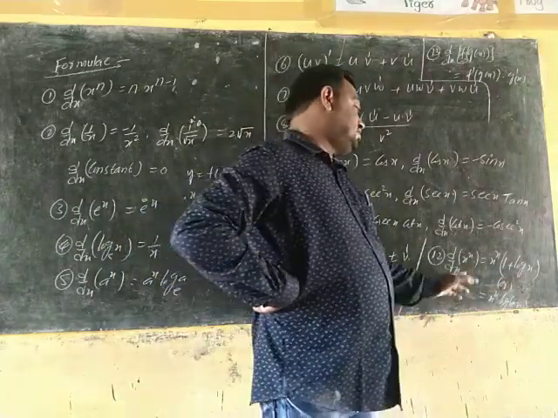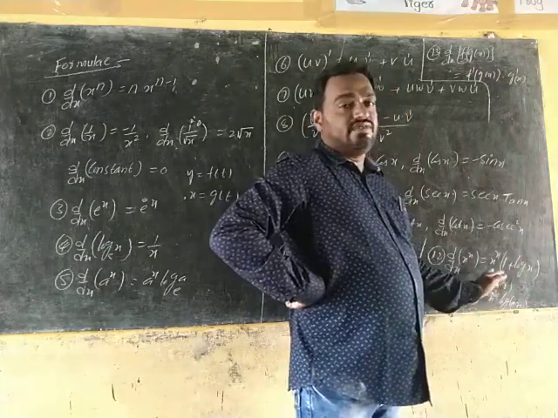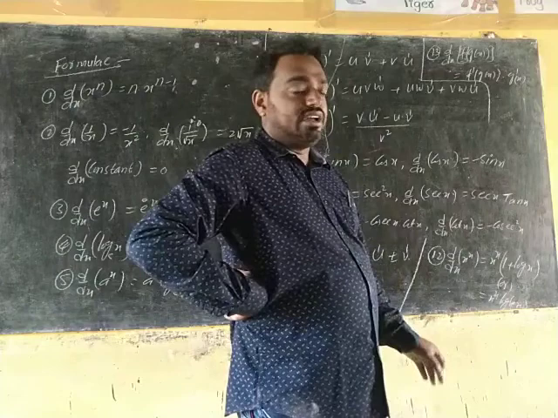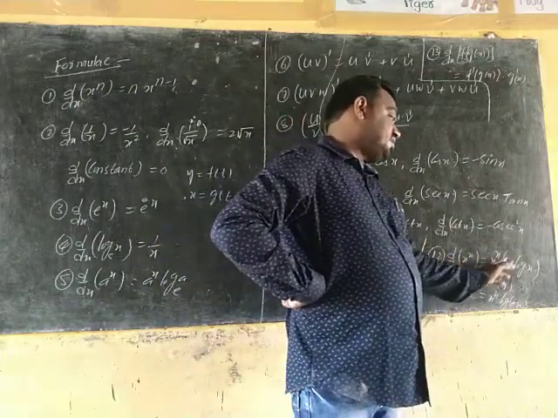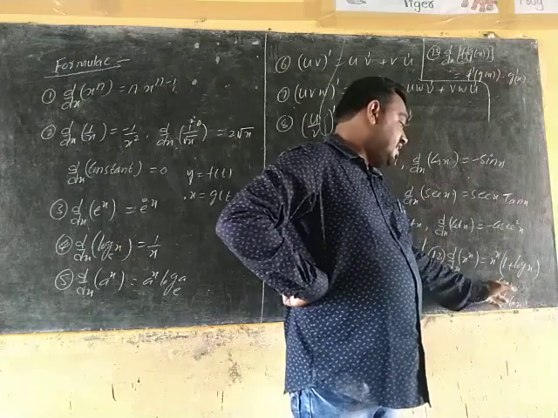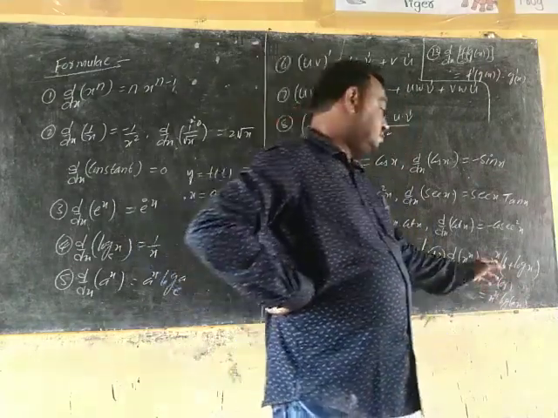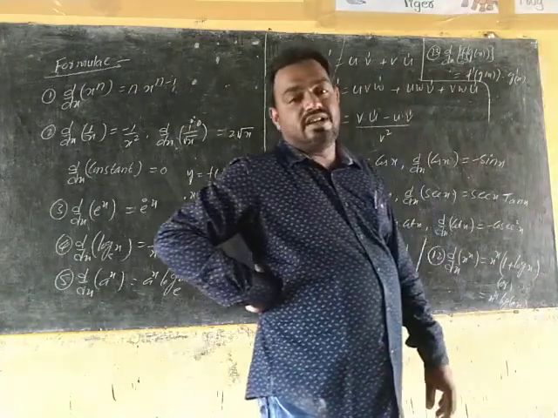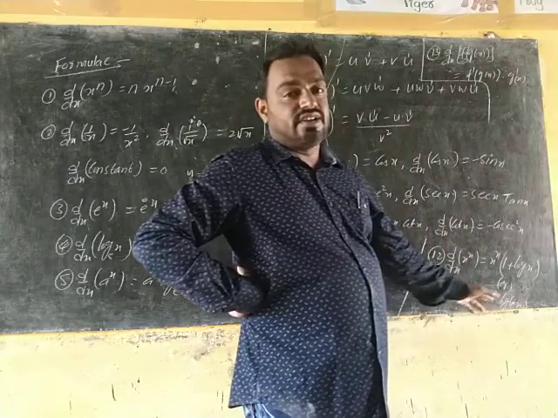From that x power of x solution, I have written this one as a formula, because we use this formula many times. So derivative of x power of x is x power of x into 1 plus log x, or x power of x into what we will write for 1? Log e. Log e plus log x: log a plus log b is log a into b, so log e into x. Like that I have written.